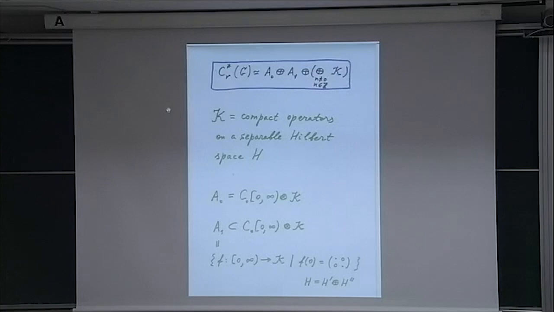So you have discrete series, an infinite number of discrete series, and compact operators correspond to certain ideals in the group C* algebra. And you have the principal series, which looks like this. It means simply functions on (0, infinity) with values in compact operators vanishing at infinity. And A1 is very similar, but it has a certain